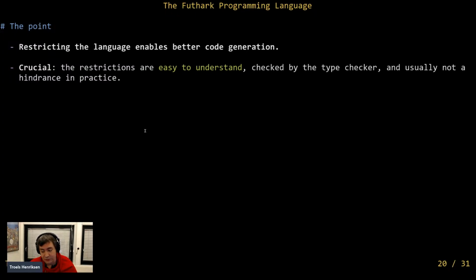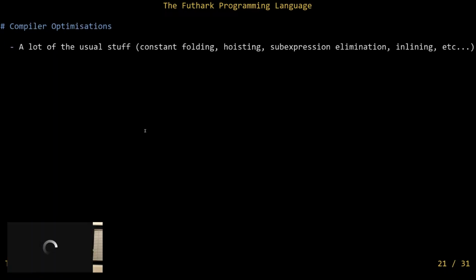And in practice, we have found that for the kinds of programs that people want to write, they are not so much of a hindrance. The only people I have noticed who run into them are experienced functional programmers from other languages whose favorite programming styles may not work so well in Futhark. But for people who come to it from outside functional programming, they usually don't even notice that these restrictions are in place because they don't really crop up for standard styles of programming.